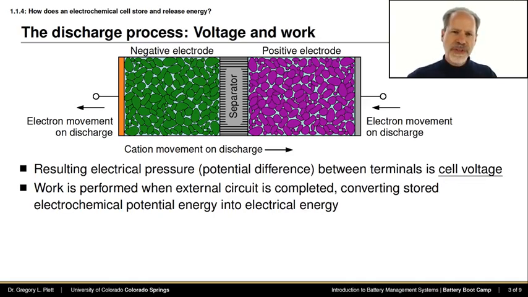And what happens is that this electrochemical potential energy is converted into electrical energy. Again, if you think back to the example of the skateboarder, in that case, gravitational potential energy was converted into kinetic energy as the skateboarder started moving. Work was done on the skateboarder by bringing the skateboarder from zero velocity up to some positive velocity as he